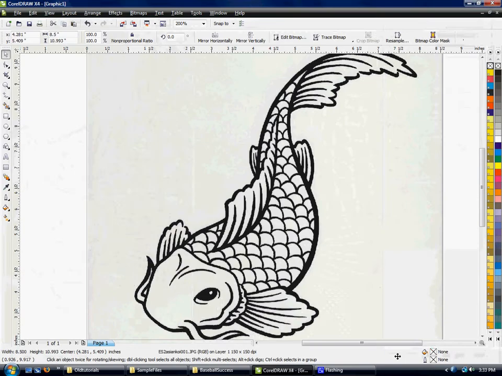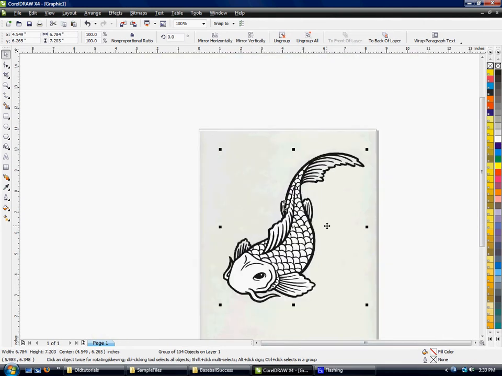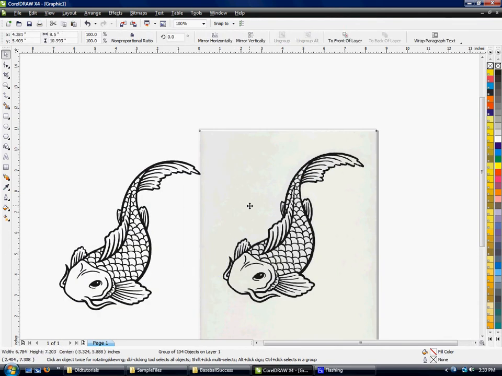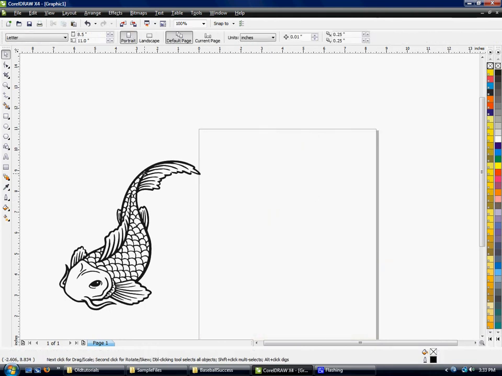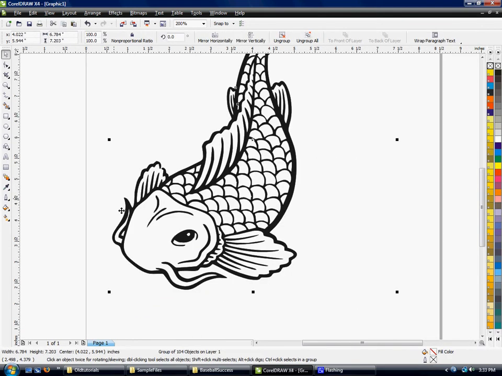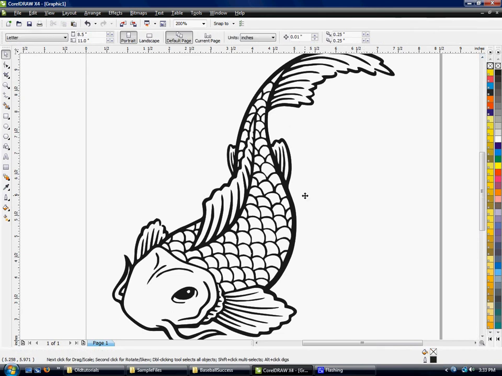Then you'll see that there's a vector version on top of our scan. So we can move this vector version to the side, and then we can click on our scan drawing, which we don't need anymore, and press delete. Now we have a vectorized version of this fish that we can color and do with what we like. I'm going to click on this, go to Arrange, Ungroup,